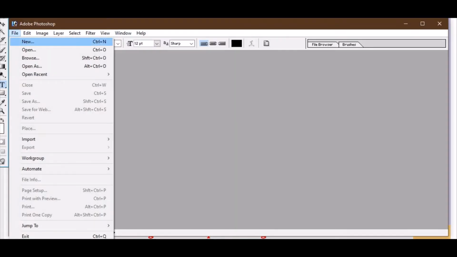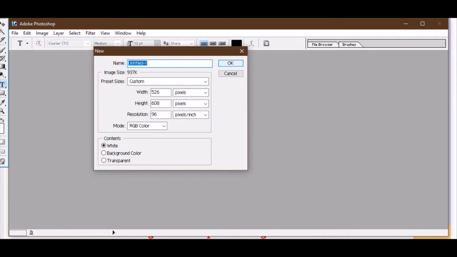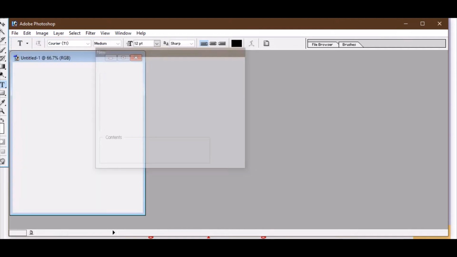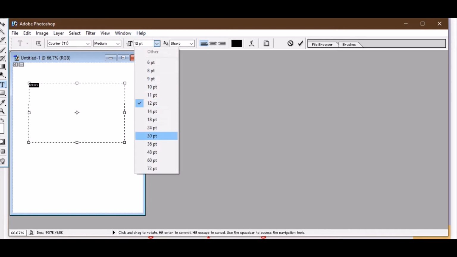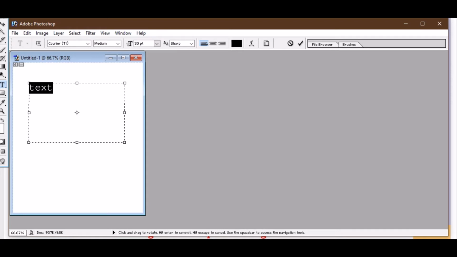When you open it, you can set your size, RGB. This is the image that you want to create. Let's suppose I want to write some text. The size is smaller, the points 30. This is where we can zoom in.